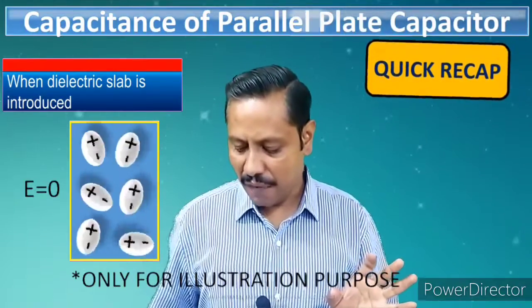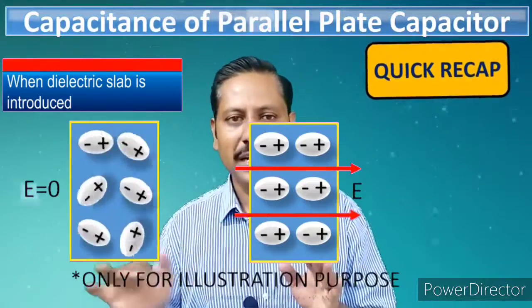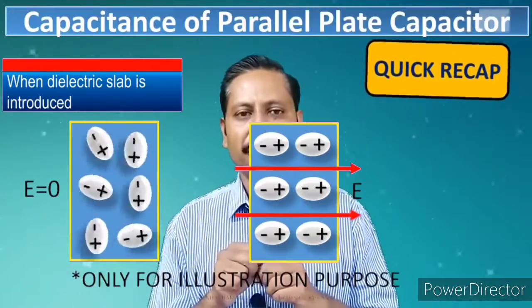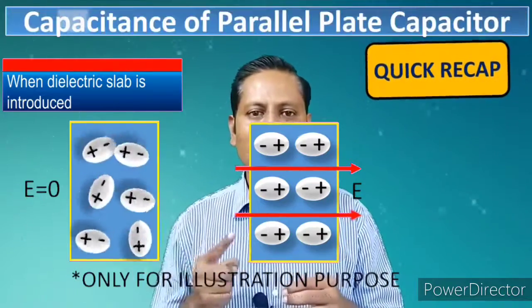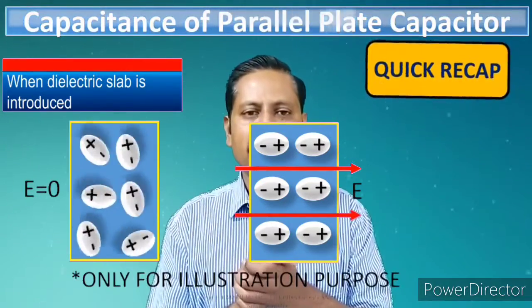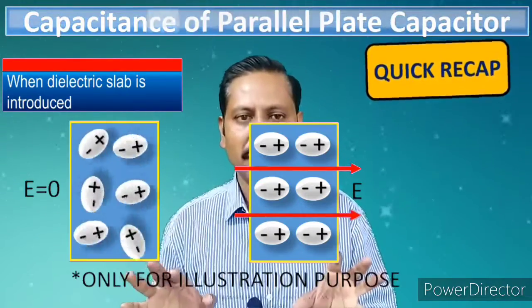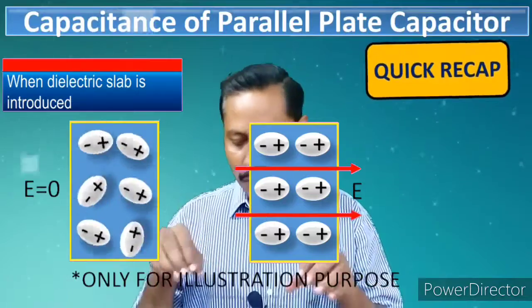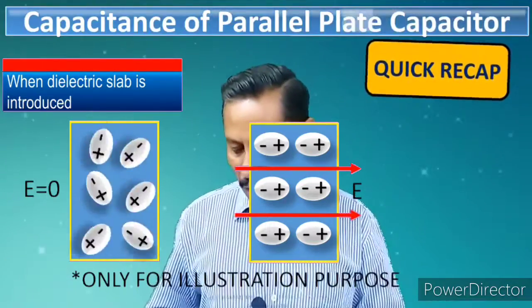So once external field is applied, all dipole moments will be aligned along the external electric field. Okay, and that's why the net dipole moment will be along the electric field which we are applying here. So this thing is generally called the polarization, that already you have learned. So this first fact, first of all, we should know. Okay, now let's move ahead.